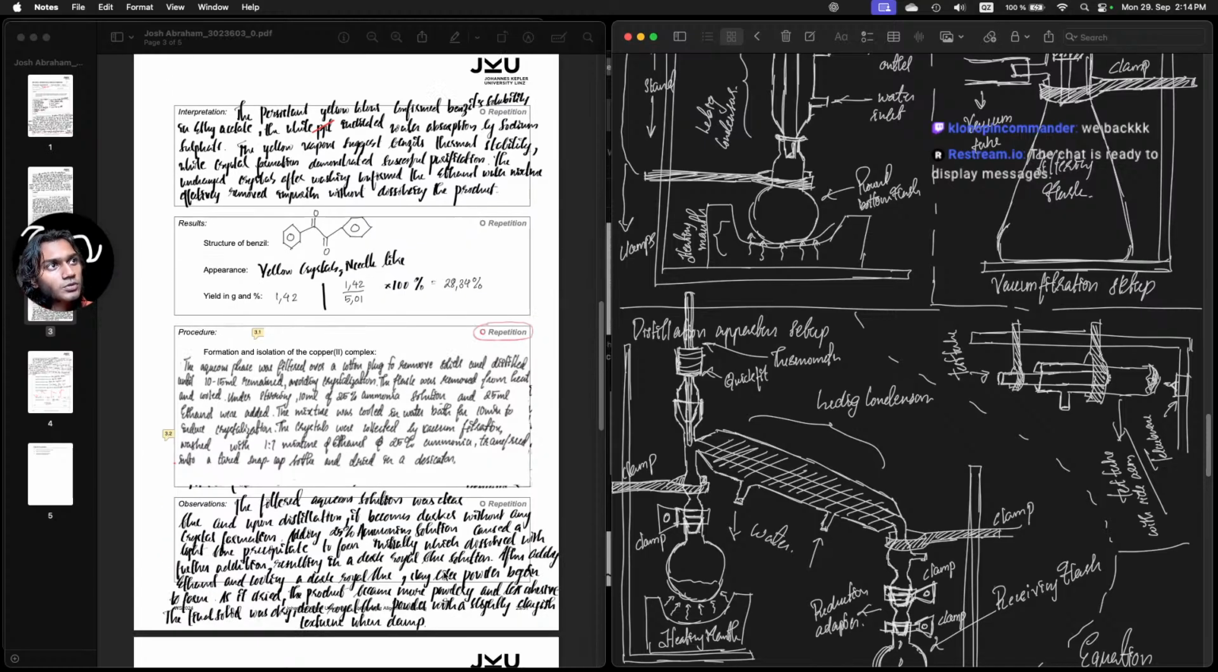The filtered aqueous solution was clear blue, and upon distillation it became darker without any crystal formation. Adding 25% ammonia solution caused a light blue precipitate to form initially, which dissolved with further addition, resulting in a dark royal blue solution. After adding ethanol and cooling, a dark royal blue